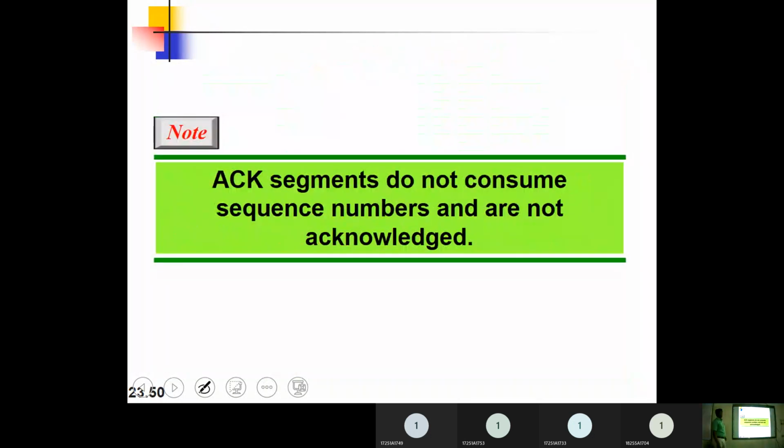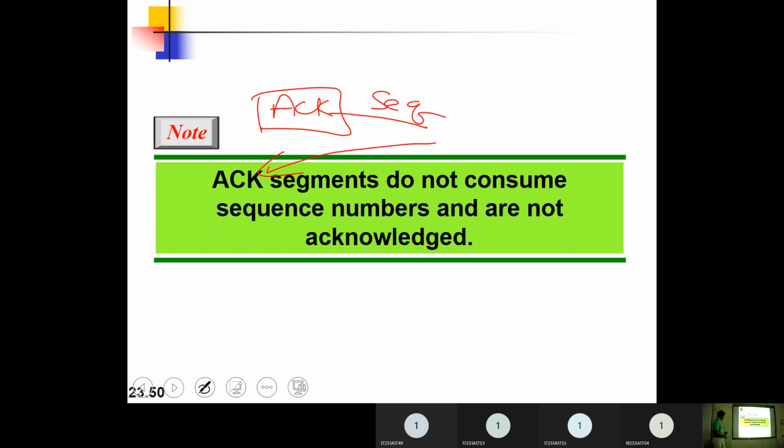Okay. So the next thing is acknowledgement segments do not consume sequence numbers and are not acknowledged. If you are sending any acknowledgement, it won't consume any sequence number, and for an acknowledgement, you won't have any acknowledgement coming back.